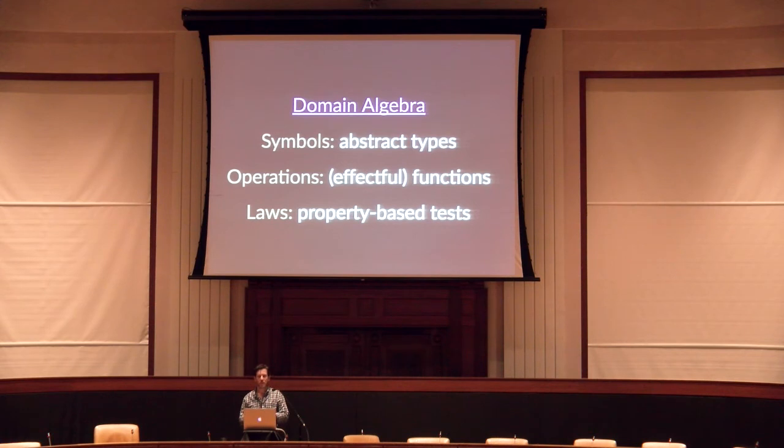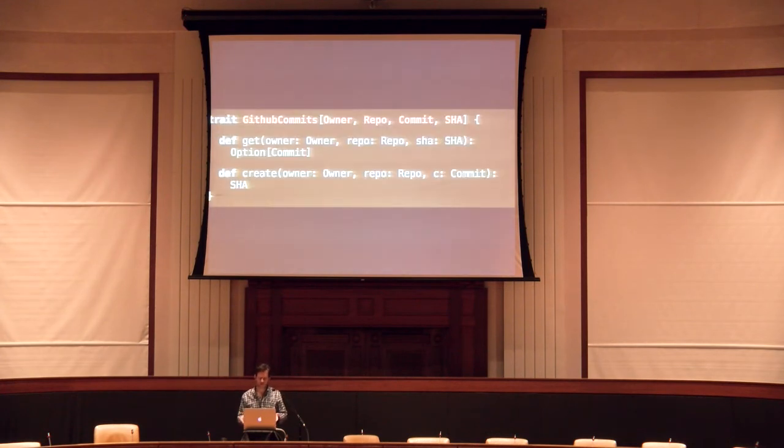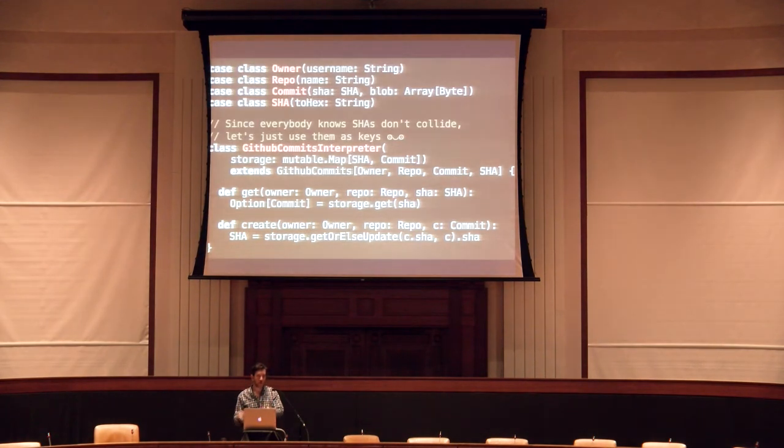And again, the more abstract you make the types, the less you can assume, so the fewer bugs there can be. So I've had some abstract things. The algebra itself is a trait. The tests where the laws were, that's a trait. Okay, how do I actually implement this thing? Well, nothing surprising here. We have our trait, and then we implement it.